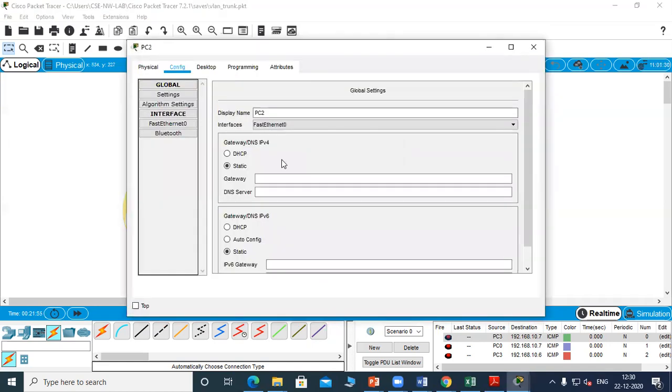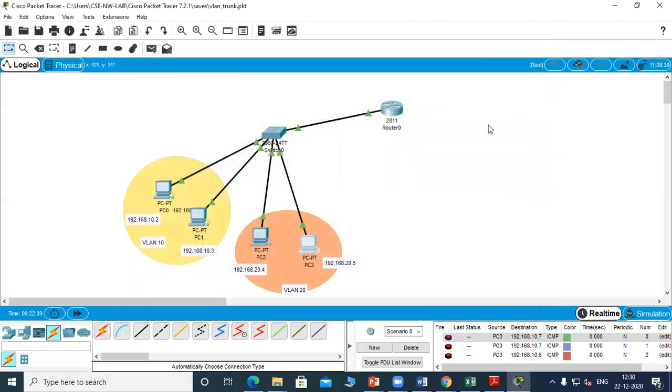Similarly, for the other network, we'll apply the gateway address as 20.1. Okay, so now we have assigned the IP address and the gateway address. Similarly, for the second network, VLAN 20.